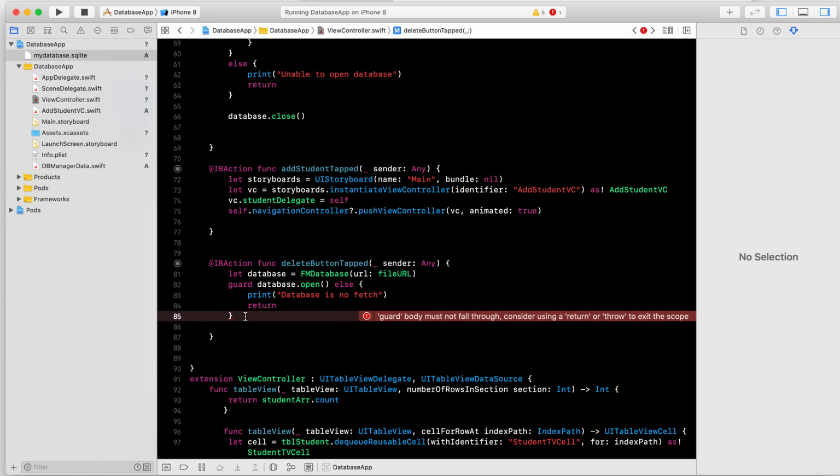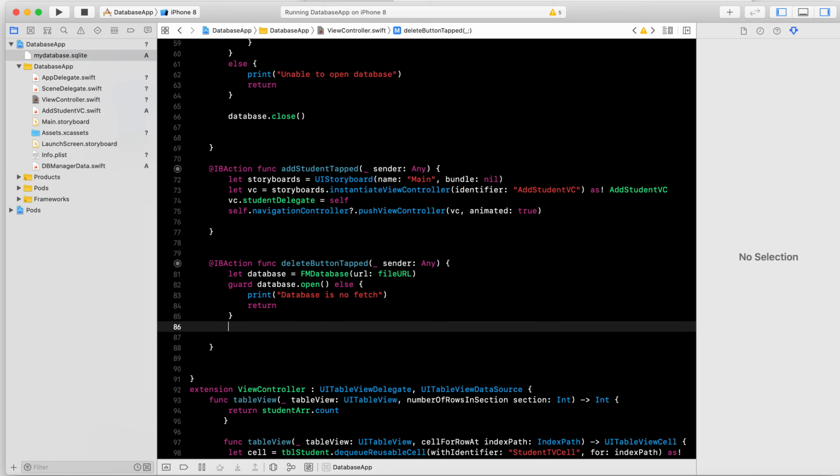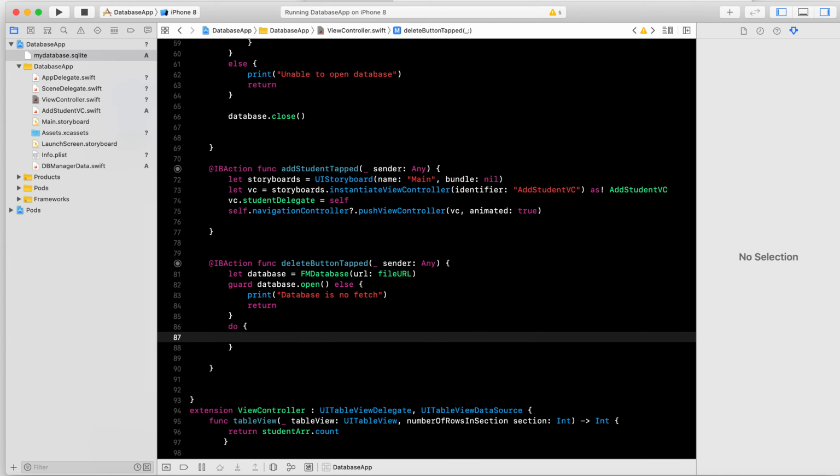Now I want to use another thing: if that is true, then the do statement is here to be opened, to delete all the data. Let's try how we can do this. And the data will be deleted with what we have, the database